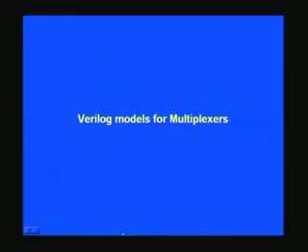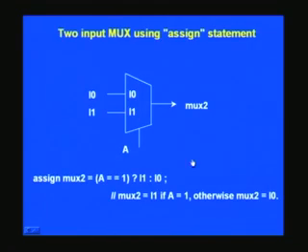Now we will go into little more complex things, such as the multiplexer, which you have already covered in the review. Let us consider a 2-input mux with I0 and I1 as the 2 inputs, and A is the select input. If A equals 0, it automatically selects I0, and otherwise it selects I1 and outputs on mux2. In order to write this, all we need is a single line, once again using the assign statement. Only difference is, you notice that as far as the output is concerned, it is precisely the same up to the equal sign,